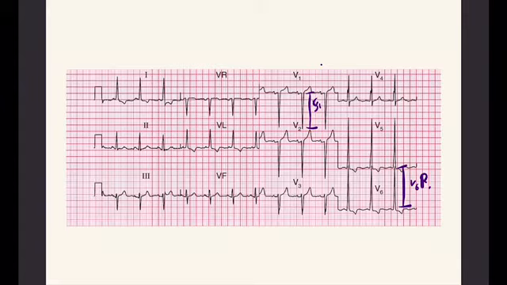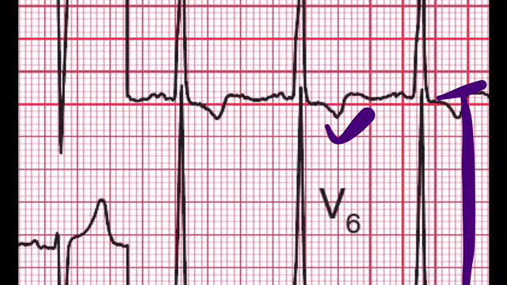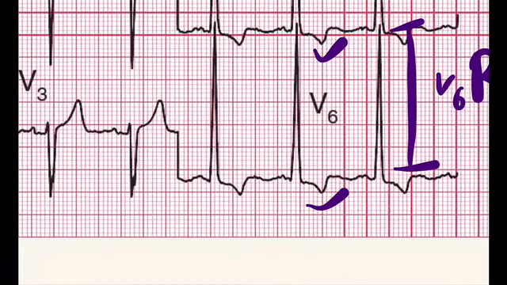Okay, also left ventricular hypertrophy can elicit an inverted T wave. So see here, V5 and V6 will have an inverted T wave if there is left ventricular hypertrophy. So V1, 2, 3, 4 leads will show inverted T wave in right ventricular hypertrophy, and V5 and V6 will show inverted T wave in left ventricular hypertrophy. Okay friends,